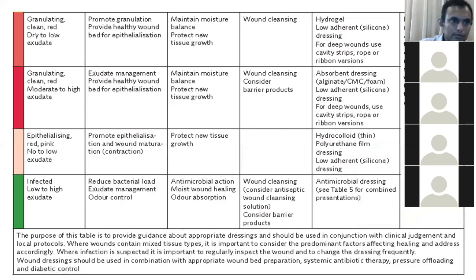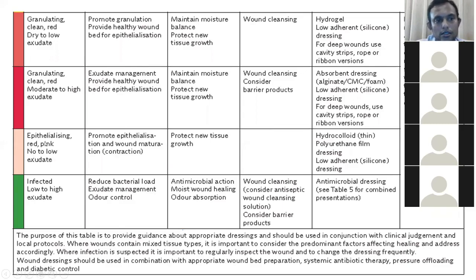So we'll go into granulating, high exudate. We have to take the stuff out. Then you get these alginates, silicone combined dressings, foam dressings, and all that. You can remove it. Otherwise, you have to remove the secondary dressing, which is absorbent. Say the secondary dressing is a layer of gauze. You can remove it frequently, not touching the primary dressing. So just remove the excess exudate.